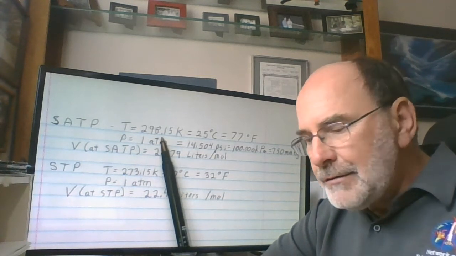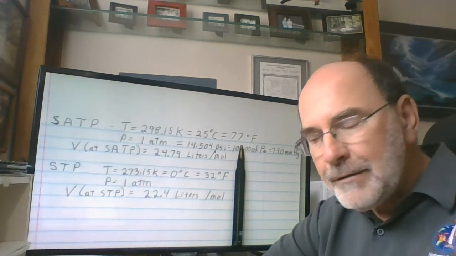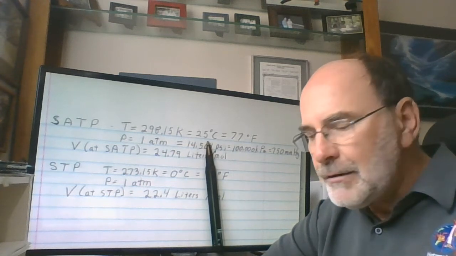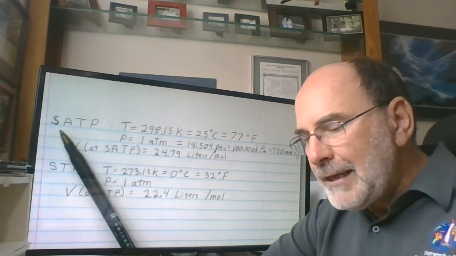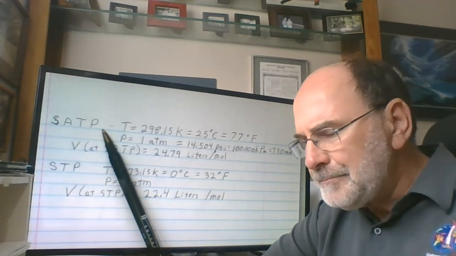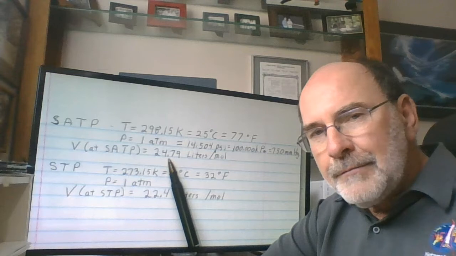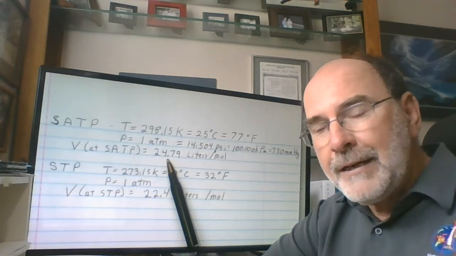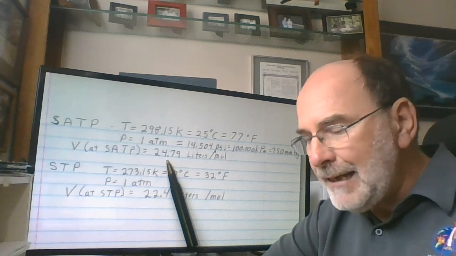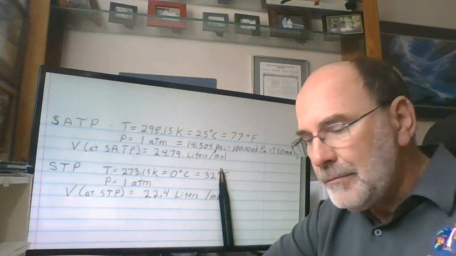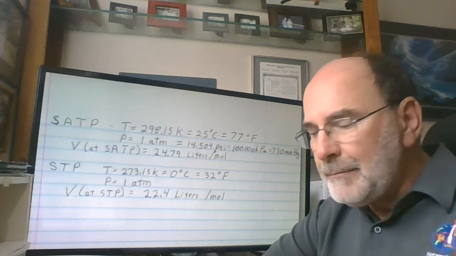But the difference is that the temperature is now raised up to a more comfortable 77 degrees Fahrenheit, which is 25 degrees Celsius, which is 298.15 Kelvin. So standard ambient temperature and pressure. Under these conditions, because the temperature is higher, the volume for 1 mole of an ideal gas is also a little bit higher. It's 24.79 liters per mole. This isn't one I had encountered before CK12, but it's out there